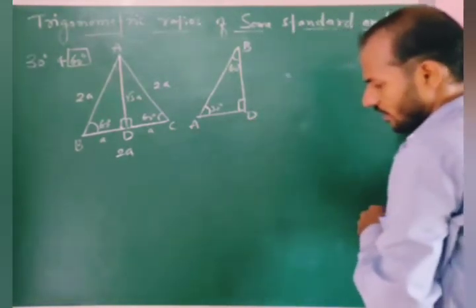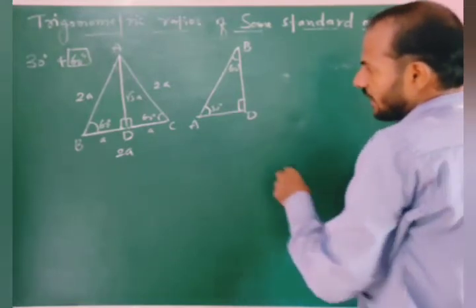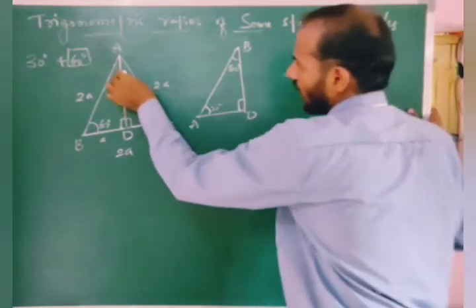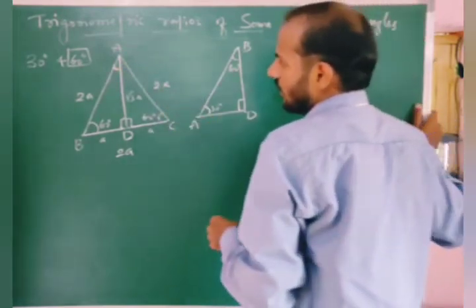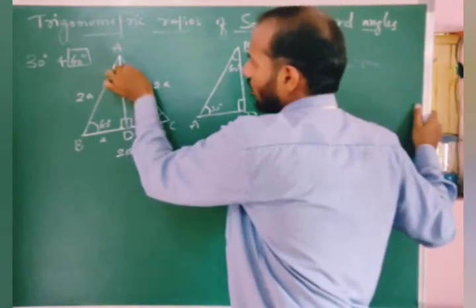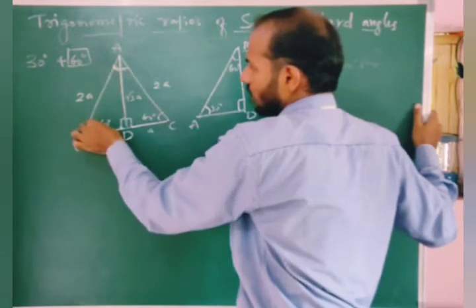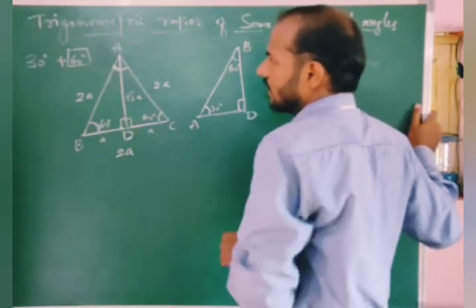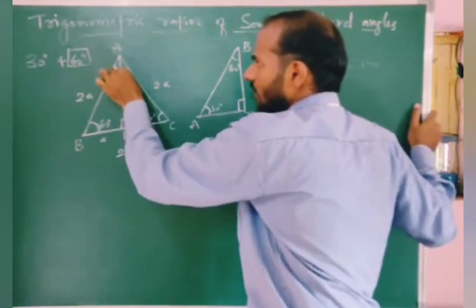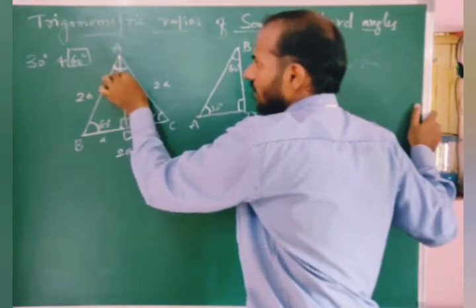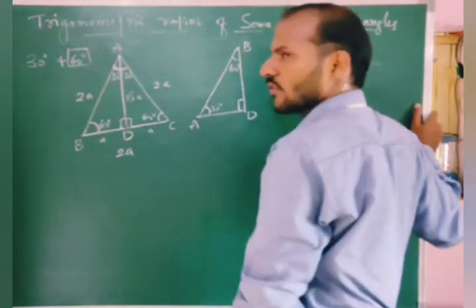That is nothing but your 30 degree. Angle A is 30 degree. We have to find this angle. If this whole angle is 60, this much is 60, this much is 60. If we bisect, it becomes 30. This also 30. This one is also 30, right?